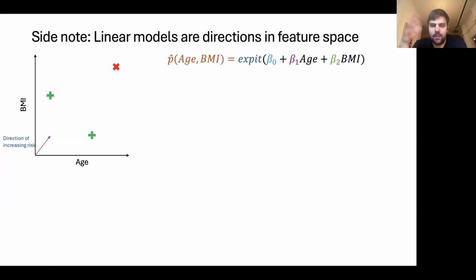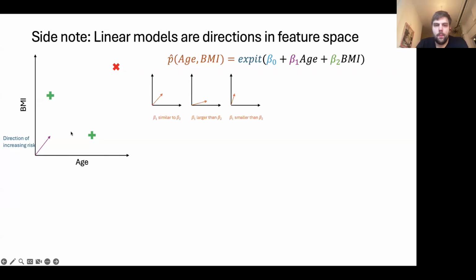And this is a bit of a tangent. Feel free to jump in if I'm going a bit too fast or a bit too slow. But you can also think about a linear model as just a direction in feature space. So in feature space, we could have this BMI and age plot where we put each point. And then the weights of our linear model just tell us in which direction the risk is increasing, and also how large the contribution of age and BMI is relative to each other. So in the case where BMI didn't contribute at all, we might be a bit like here. There's zero contribution from BMI, and we just move along, the older people are, the higher the